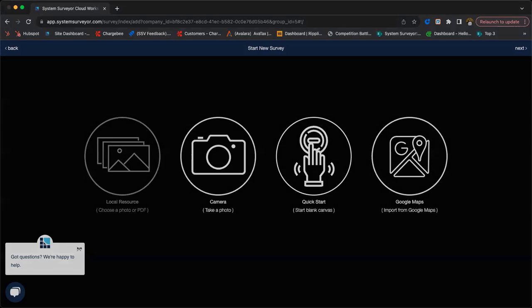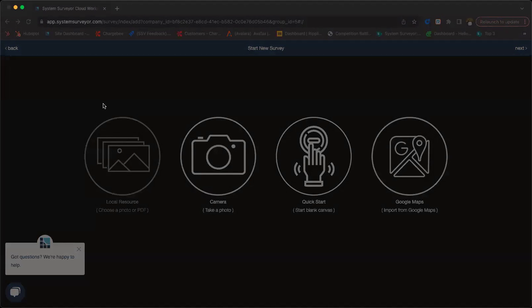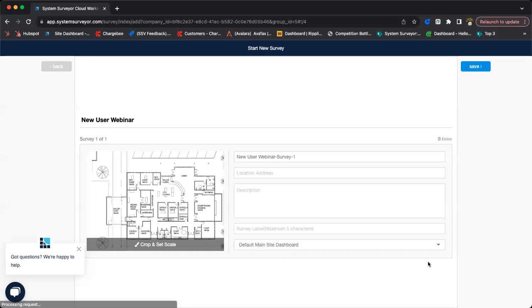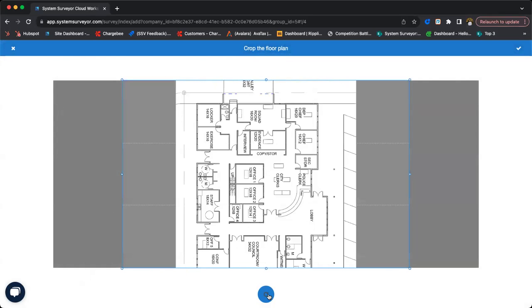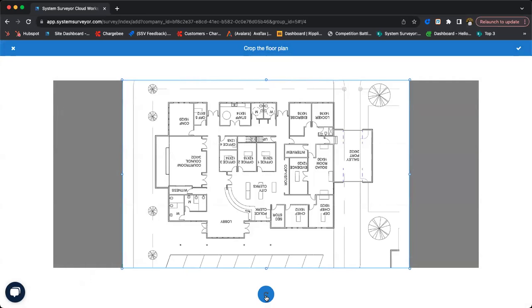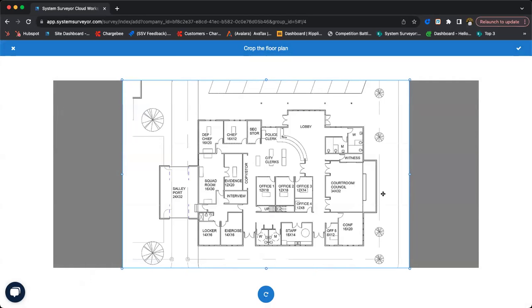And then I'm going to go in and select one of my local files here, just because the selecting, the cropping, and setting the scale are different than on the tablet. So here, it's not going to take you right to the screen. As you can see, you will have to hit this crop and set scale. So you hit crop, it's going to take you to crop your survey, and then the rotate is just right there at the bottom. So as you can see, I rotate this all around, and now it's set. I hit the check mark,